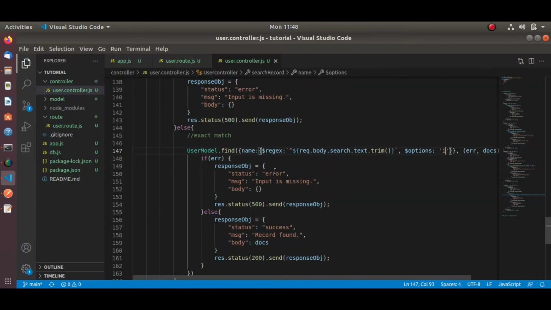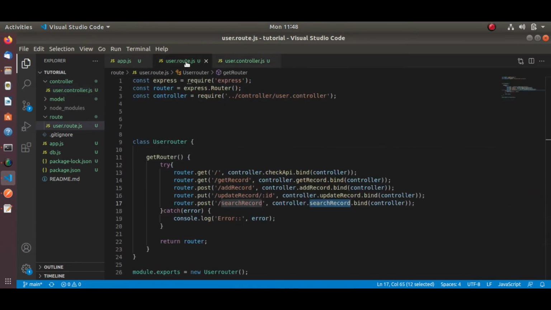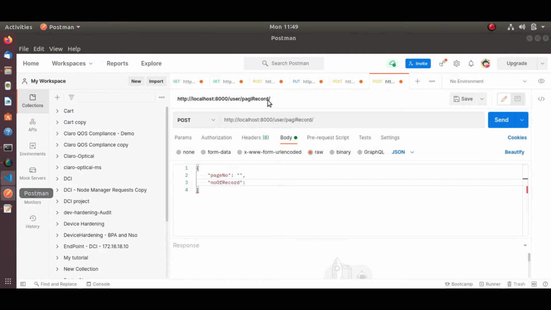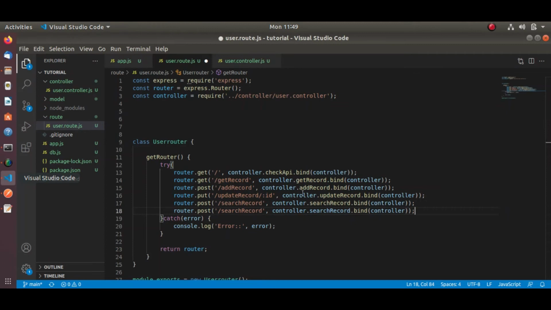Now we will implement the pagination using Node.js and MongoDB. Let's create one more route for pagination. You can also use the same route, it completely depends on you. For better understanding, I am creating one more route, the page route.